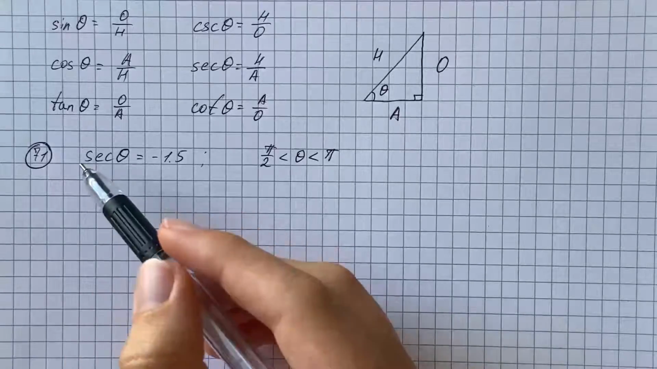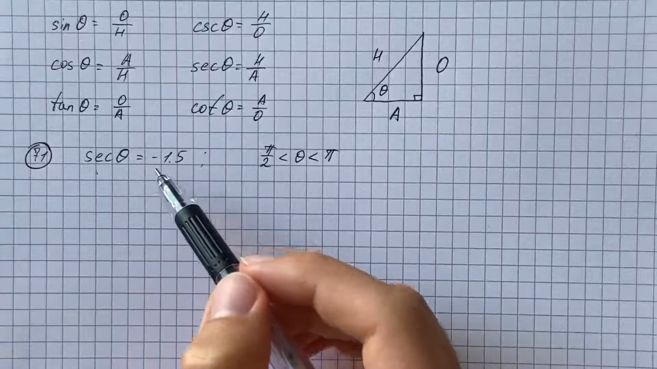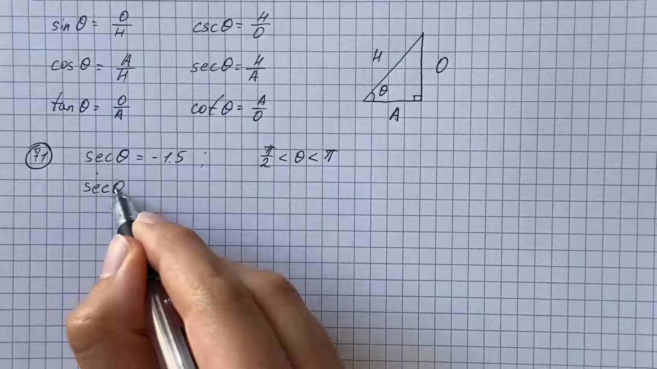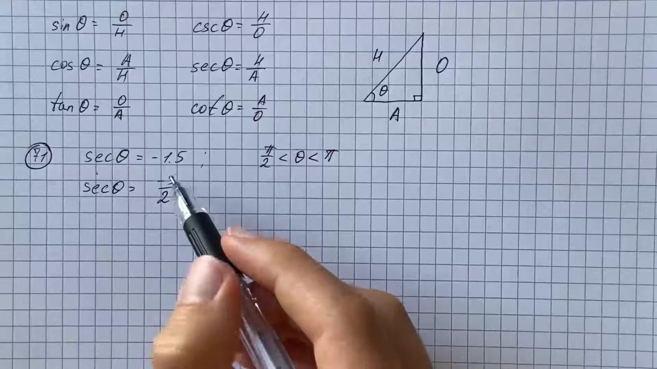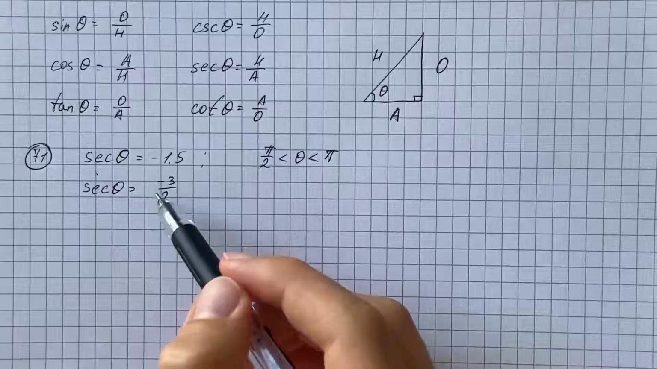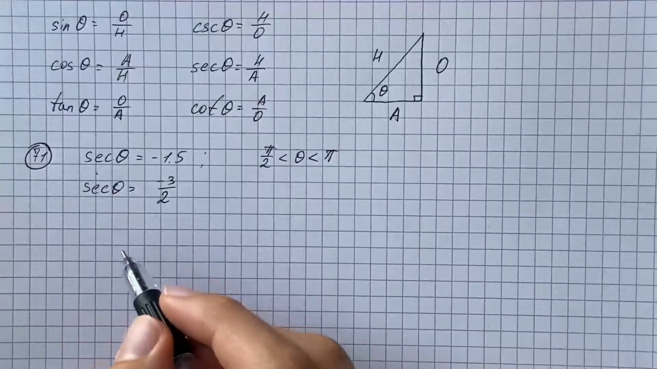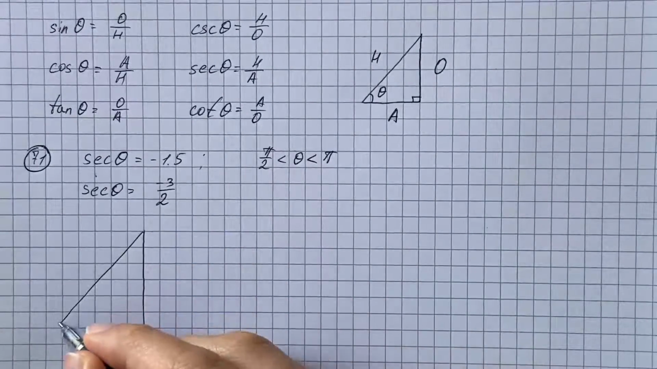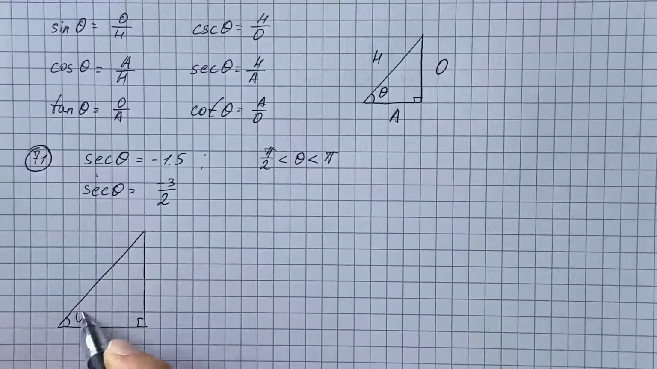Now we have to find the remaining trig values for number 71, and we get that secant of theta equals negative 1.5, and I'm going to rewrite this as a fraction, so that secant of theta equals negative 3/2. And now we're going to forget about the fact that it's negative, and we're going to come back to it at the end. So now we're going to make our triangle, and using relationships between angle and sides of a triangle, we get that secant